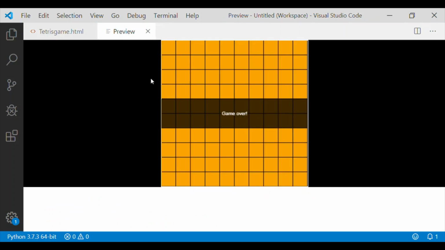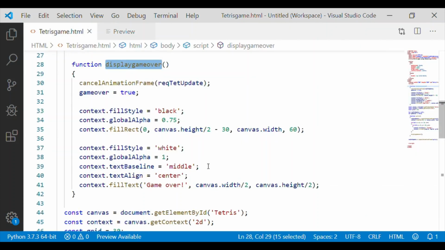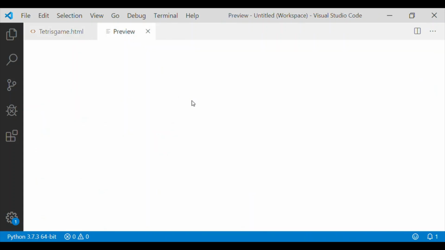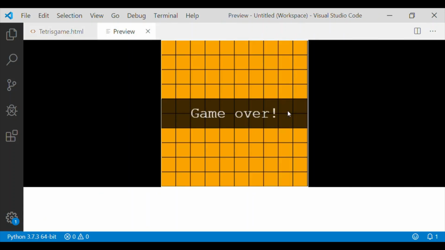In our preview screen, we got the game over text on the rectangle background, but game over font has to be increased in size, hence I'll give context dot font as 30 pixel and monospace. Now again we will see our preview. As expected, game over is there, and we have done.